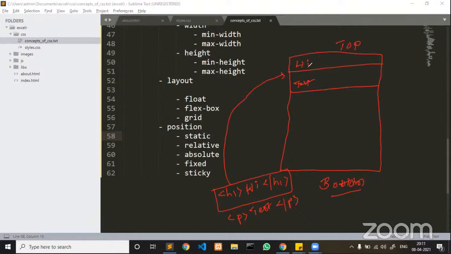In case I don't want the elements to display as per their order, I want to display the elements according to my own positions, I would